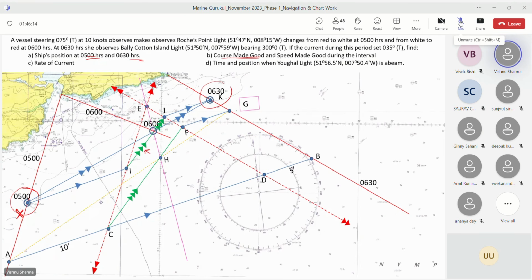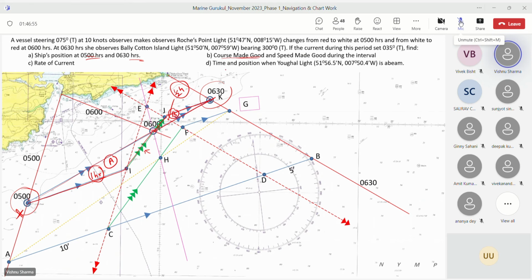Basically, what has been done? We have got two vectors. Whether you understand or not, it's fine. This entire exercise was done to make these two vector triangles A and B. This vector triangle was for the duration between first and second PL. In this case, it was for 1 hour. And this one was for half an hour because that was the duration between second and third PL. You see, CTS, current, CMG. In this case, current, CTS, CMG. We have got two vector triangles through this entire exercise.